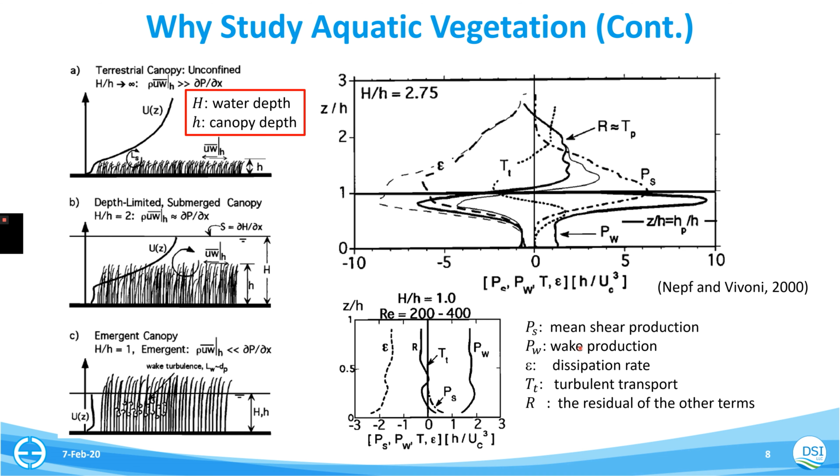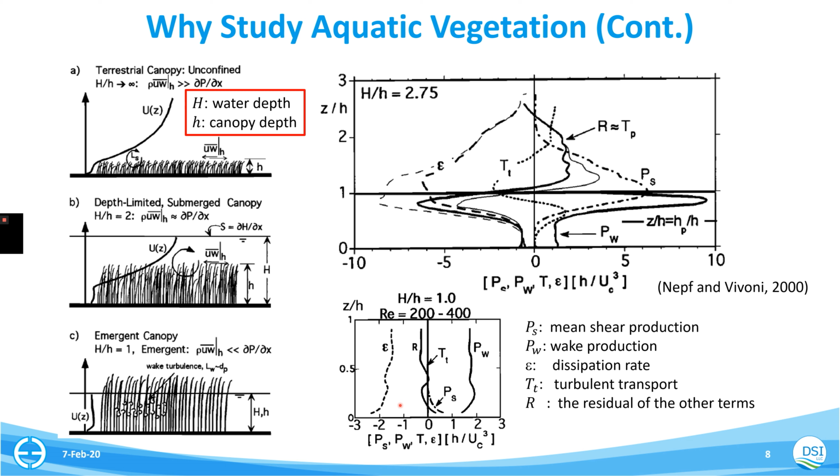Then here I would like to show the different vegetation heights: emergent, submerged, and near emergent. Here's the emergent part. Then you will see, for example, these two figures here are the emergent case. The TKE is a turbulence kinetic energy budget, so you will see different turbulence components